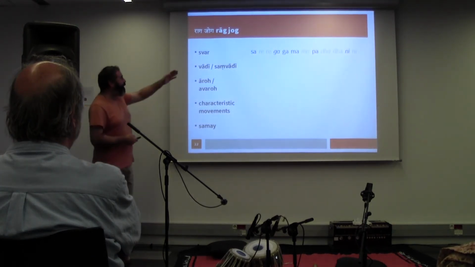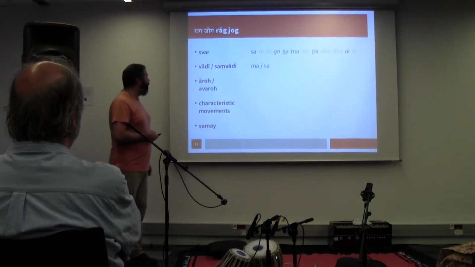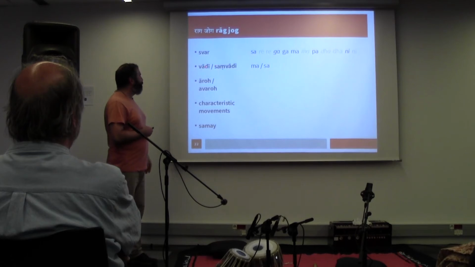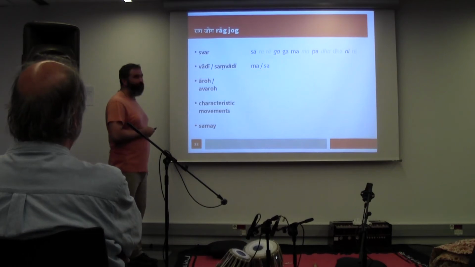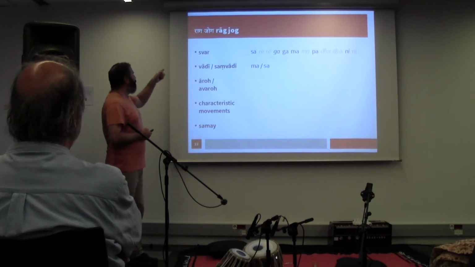Out of this set of swars, the most important, structurally speaking, would be Ma, and then the second, in this case, is the same, Sa. So different ragas might have different importance. Right? So in the case of raga Jaunpuri,